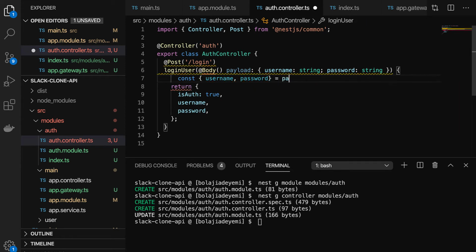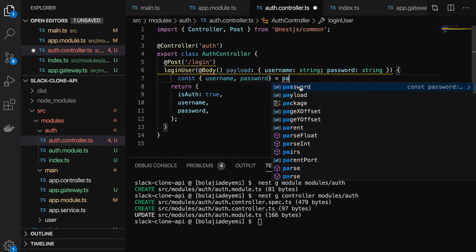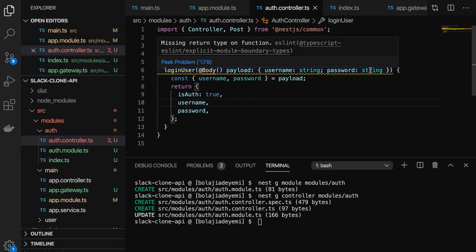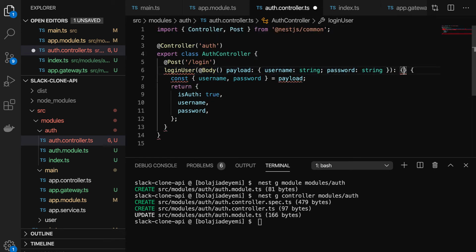Everything that comes inside this payload will go here, so I just put payload. Now this one gives us an error, saying we need to do return. The error says missing return type. So we could put the return type. The return type is going to be boolean